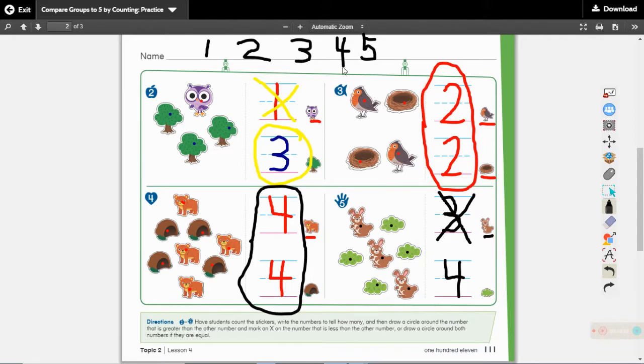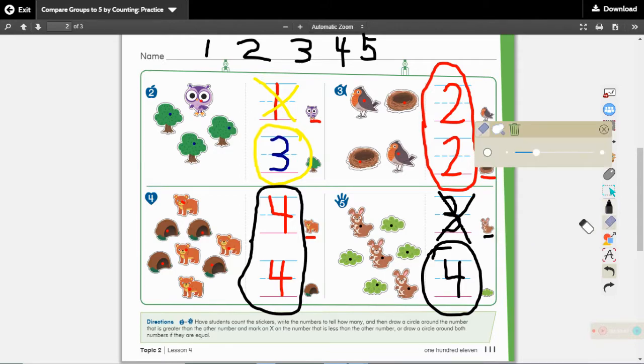Now, we're comparing the 4 to the 3, because we're just looking at these two numbers. Does the 4 come after the 3 or before the 3? The 4 comes after it. 4 is greater than 3, so we're going to circle that 4. Nice job. Go ahead and finish that up, and I'm going to erase this because look what happens if I